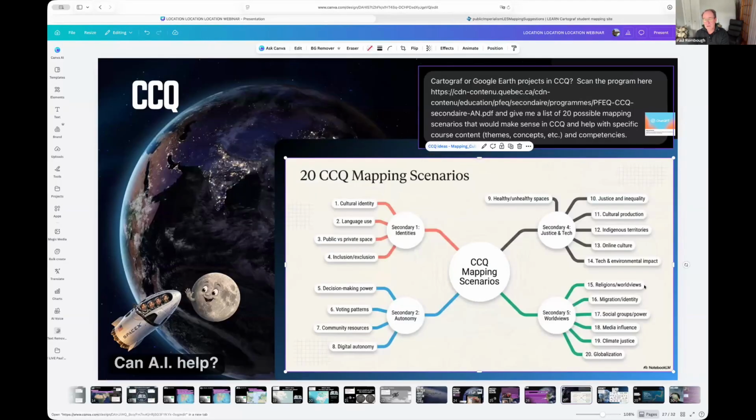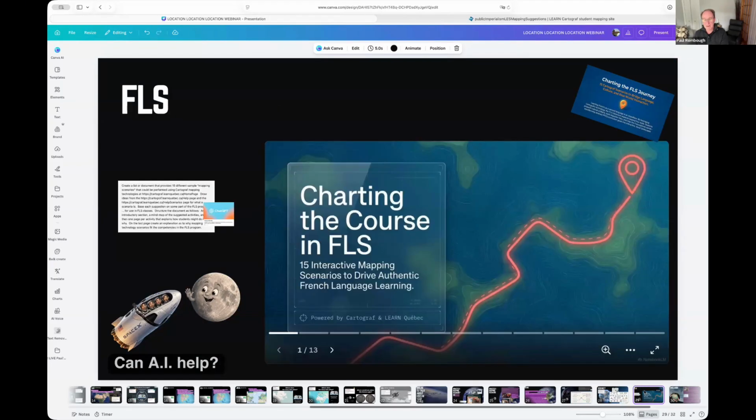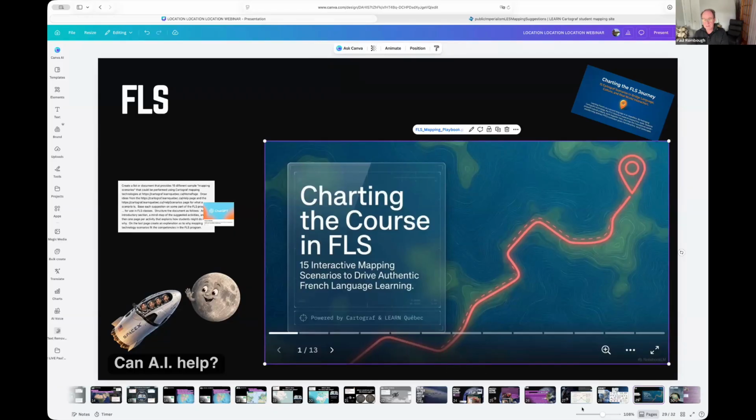And we're finishing up, but I'll tell you, it was pretty amazing. The amount of times just in one shot that you could find connections for science, pollution pathways, urban heat, climate migration risks, all kinds of connections that are localized for the different programs. I did one for FLS that was pretty neat as well. And I did not do one for art,